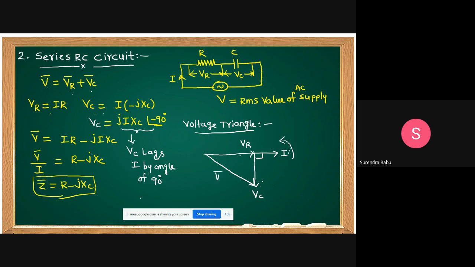This vector indicates the V, and this is the VC vector. Okay, now this angle is theta. Now you can write any formula. According to Pythagoras rule, which triangle is it? Right angle triangle. Then V, students: V equal to square root of VR square plus VC square. Very important formula. In AC sinusoidal analysis, if R and C are in series, the resultant voltage V equals square root of VR square plus VC square.